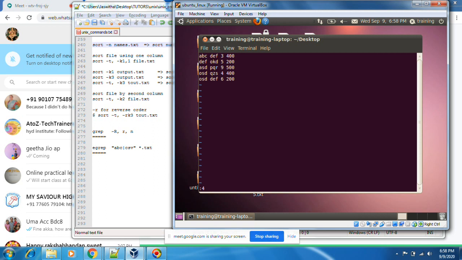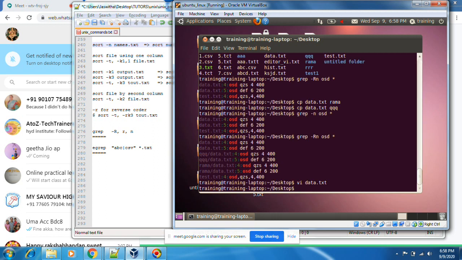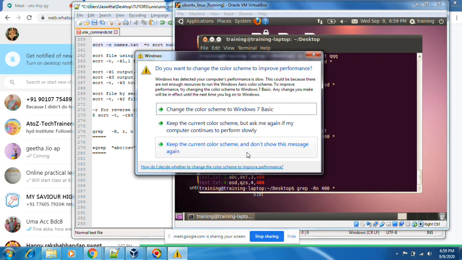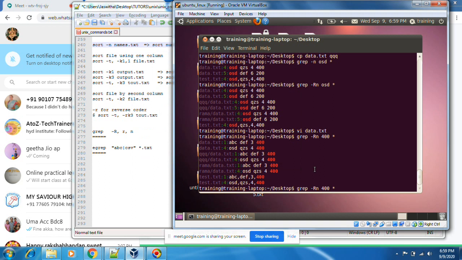Not only strings, not only ABCDs, you can search numbers also. Instead of OSD, I want to search 400 and see where it is. You can search anything. You can search by space also, like this: 3 space 400.